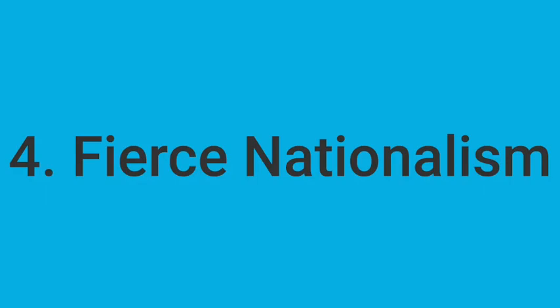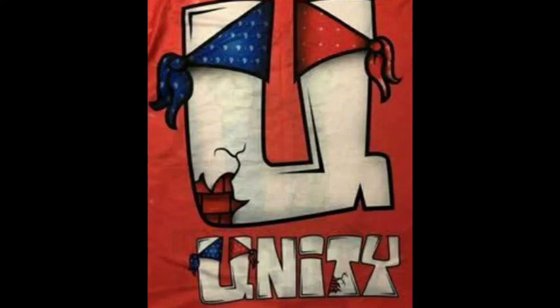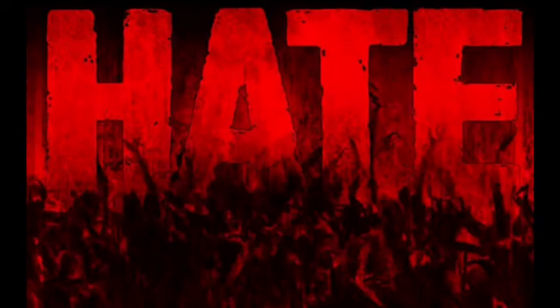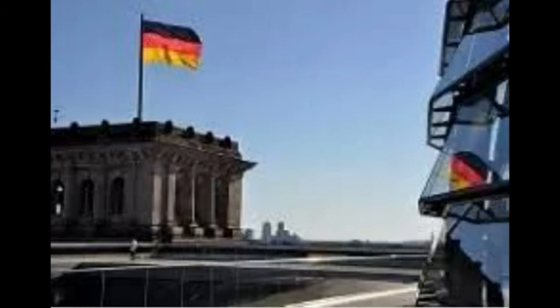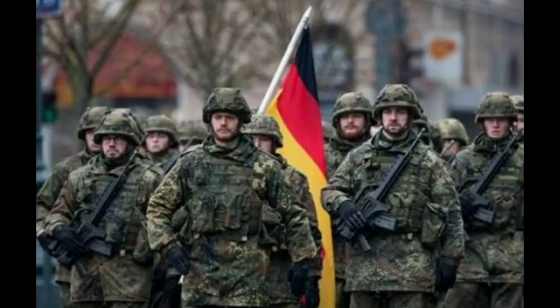The fourth factor is feeling of fierce nationalism. The feeling of extreme nationalism began to develop among the European nations. They developed a feeling of love towards their own land and hatred towards the other nations. The German leader, Kaiser William, was the originator of this strong feeling of nationalism and colonialism because he was overambitious to make Germany a supreme power in the world. He thought that with his strong military power, he would be able to achieve that. Thus, the feeling of strong nationalism became one of the factors of First World War.